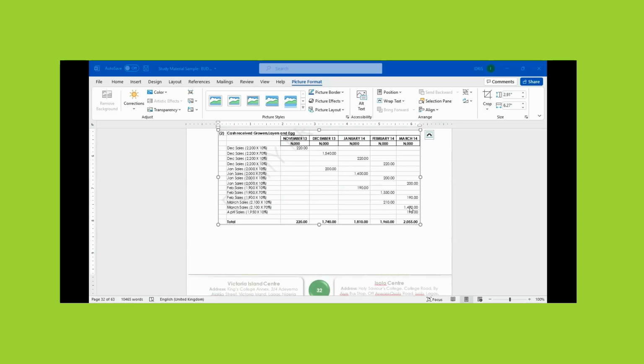So after March sales, are we going to close it or we move to April sales? We move to April. We recognize the advance. Though April is not in our budget, 10% of April sales is going to be received when? In March. How much is April sales? April sales 1,950. 10% of it will be received when? In March. 195.